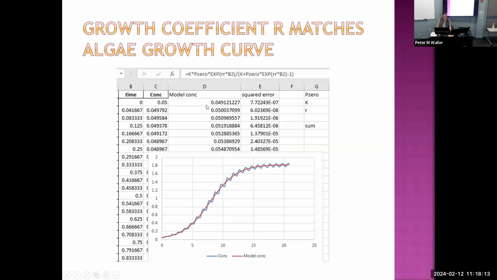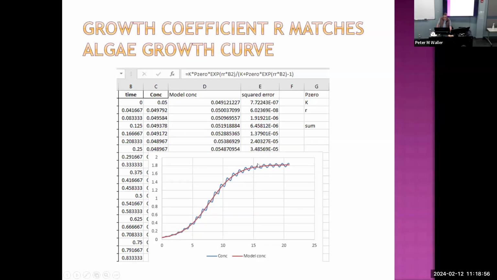So I set up the equation for the model concentration, and then I use solver, and I put the sum of least squares here. So I minimize the sum of least squares, and I use the named cells as my objective function, or my objective cell is H5, where I'm trying to minimize that. And I'm doing that by changing these cells. And for this one, you do want to specify that it's in the positive range. You know, constrain your values to positive, because all these are positive. Okay, and then you'll get this,